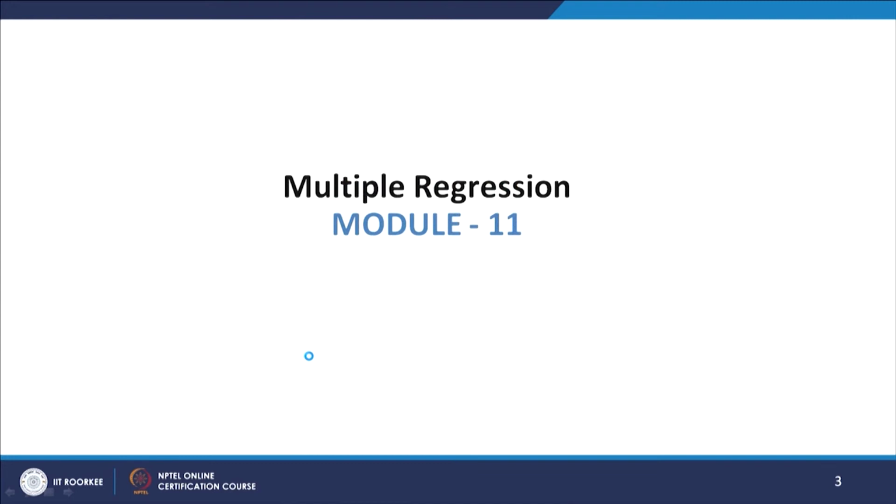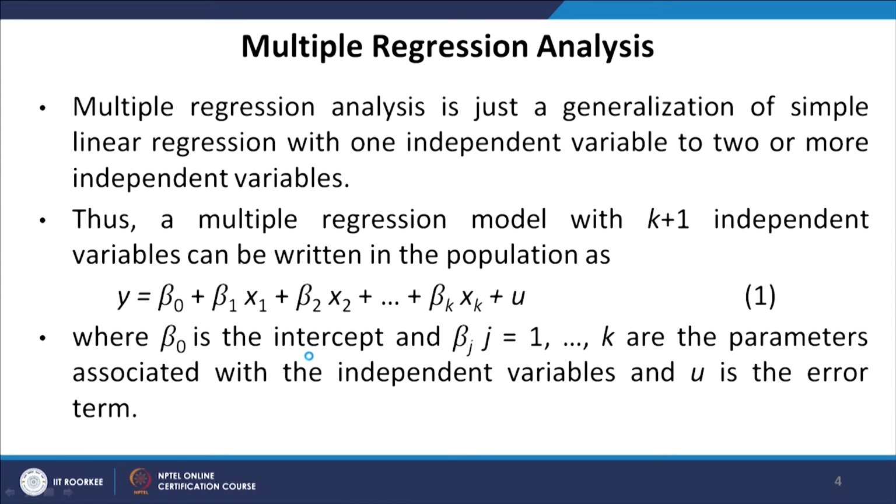So, the first module on multiple regression analysis. Multiple regression analysis is just a generalization of simple linear regression with one independent variable to two or more independent variables. So, we move from one independent variable in the case of simple linear regression to two or more independent variables. Thus, a multiple regression model with k plus 1 independent variables can be written in the population as y equals beta naught plus beta 1 x 1 plus beta 2 x 2 plus beta k x k plus u,